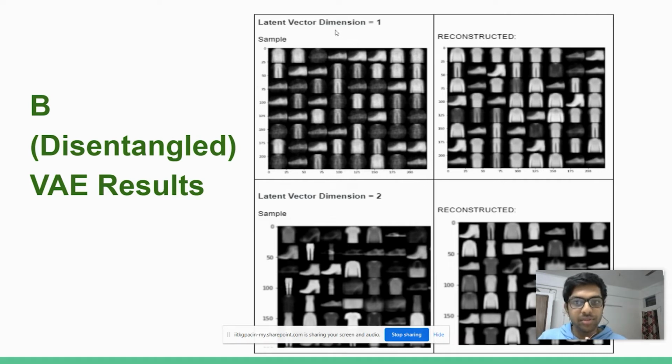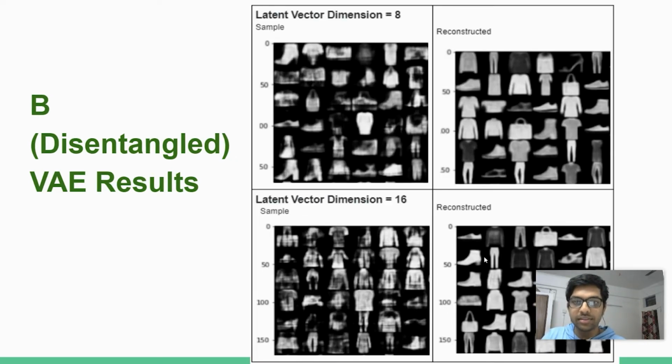For latent space dimension equal to 1, we can see that both the sample and the reconstructed images involve blurriness. And when we increase the latent space dimension to 2, the blurriness is slightly reduced, but there is still a slight blurriness. Then for the dimension of z to be 8, we can see that in the reconstructed images the blurriness has decreased significantly, and in the sampled images the quality has decreased, but